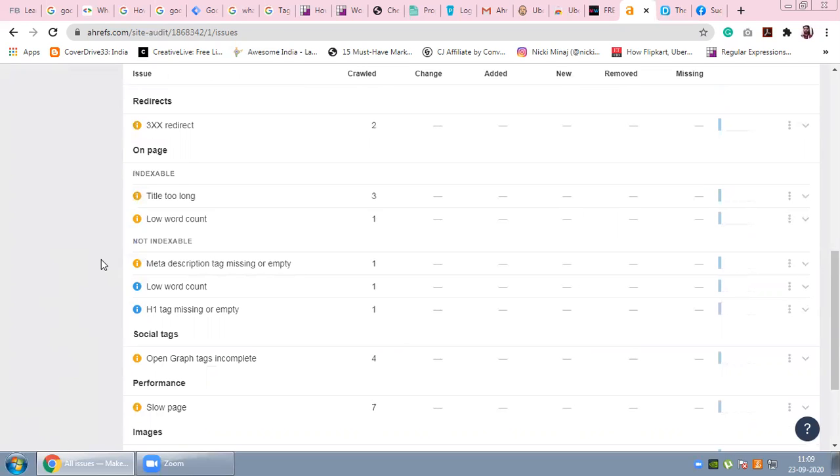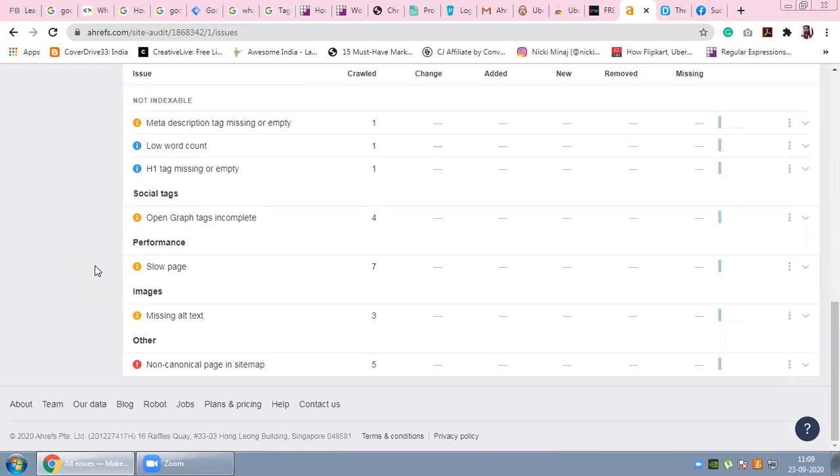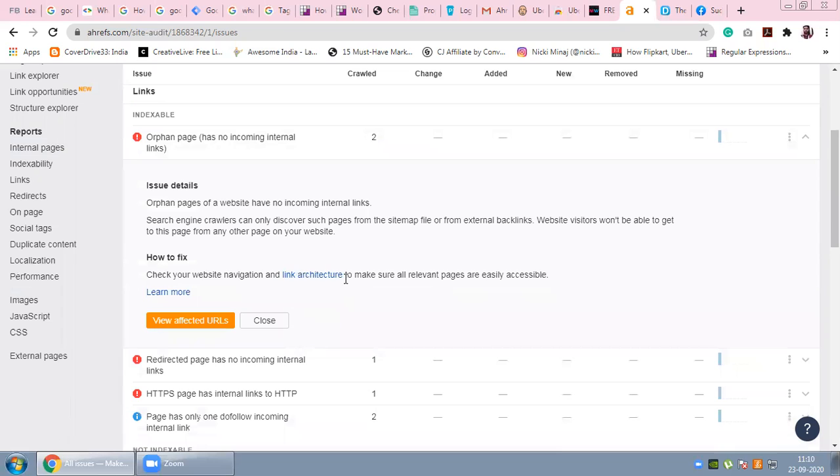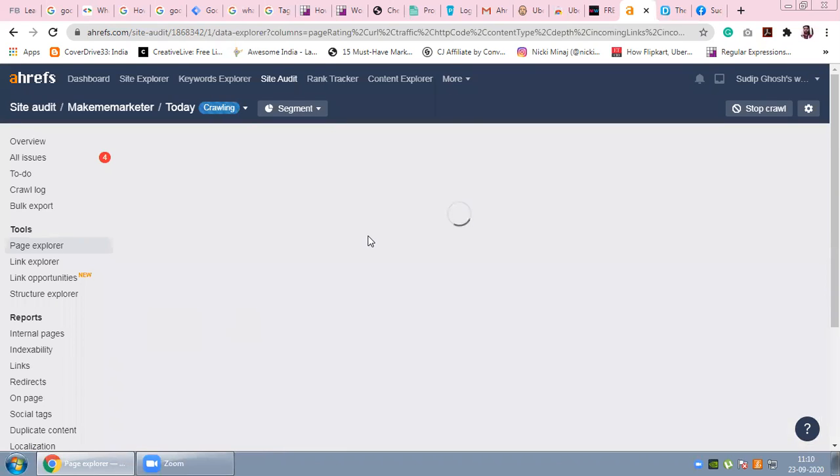Now I have to compare this particular data with my webmaster account. There may be a few details which will be missing in webmaster that we cannot compare, but we can compare the exact details they are providing here and fix all the issues one by one in order to improve our SEO performance. So it will be too easy for us to fix the issues. So now which are the orphan pages that need to be fixed? We can see the URL here.